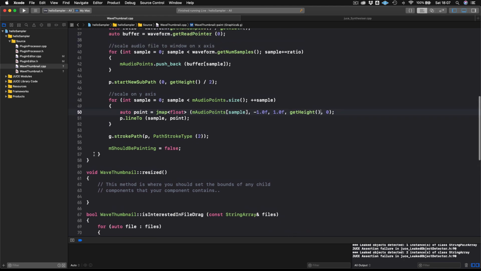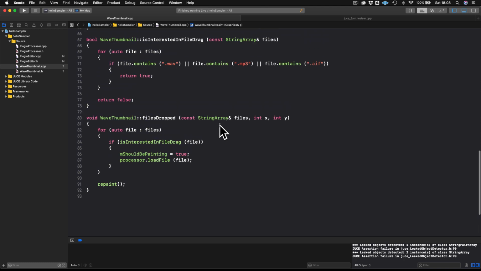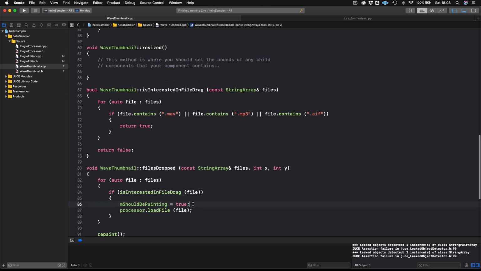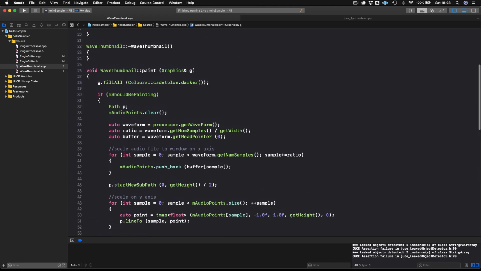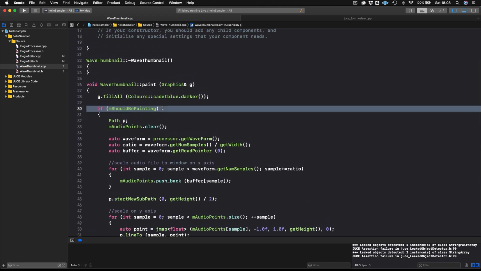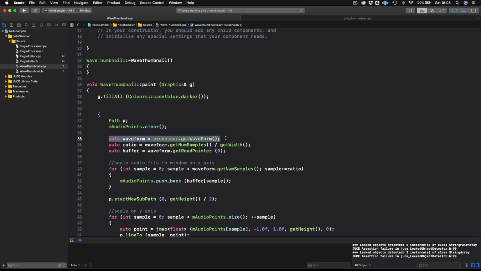Okay. The reason that we added this should be painting flag was to sense when the actual file was being dropped. But we could do this in a more effective way. So I'm going to get rid of this flag completely. And instead, we could take this waveform. So this gives us access to the waveform. So we can find out information about the waveform once it's been dragged onto